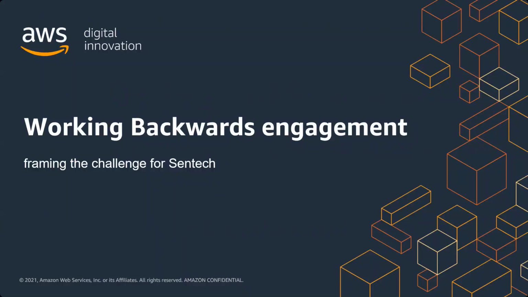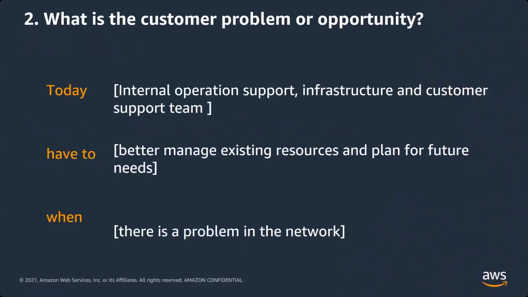This is a real project that we've done using design thinking for the largest ISP and telecom operator in South Africa, called Syntec. I want to mention two things. Look at "have to": it means I have a problem, and "want to" means an opportunity. They have an internal operations problem when they go to customer support, but they have to manage resources for future needs. When there is a problem, they don't know what the problem is.